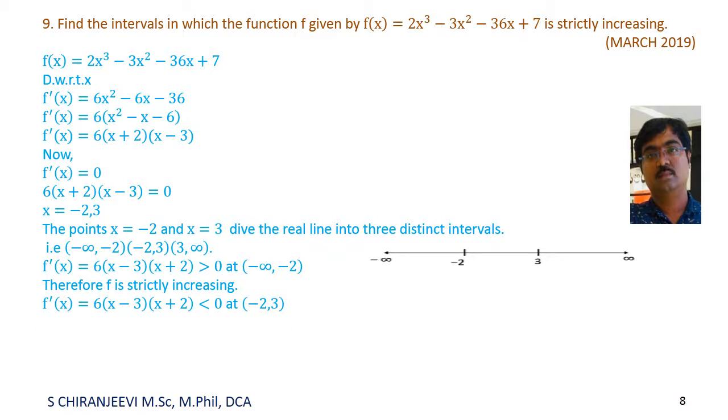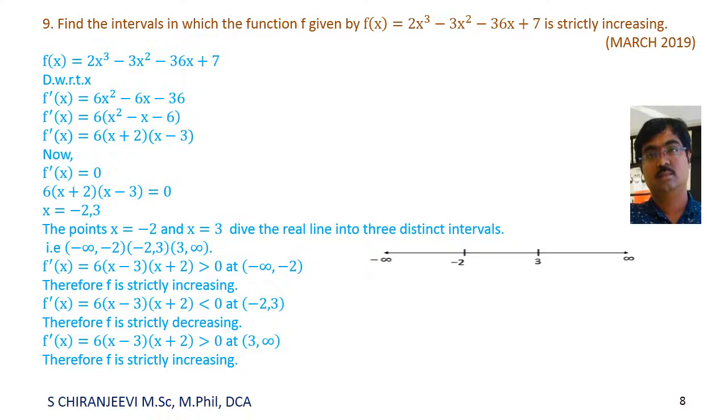Now f dash of x equal to 6 into x minus 3 into x plus 2 is less than 0 in minus 2 comma 3. Therefore f is strictly decreasing. F dash of x equal to 6 into x minus 3 into x plus 2 is greater than 0 in 3 comma infinity. Therefore f is